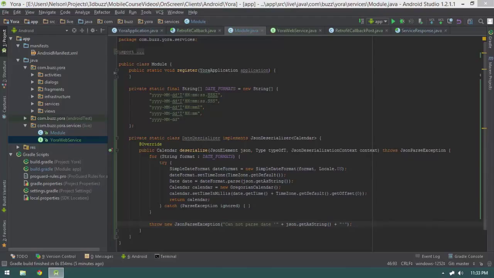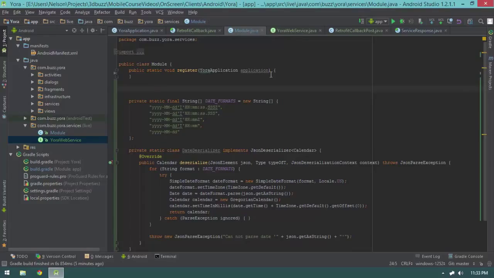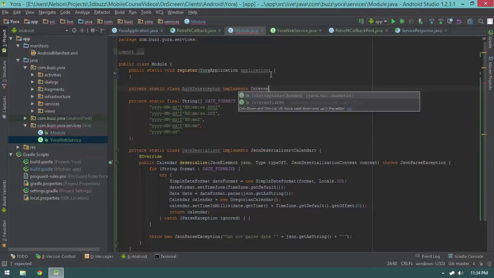All right, moving up. Now let's go ahead and write an interceptor. An interceptor is something that comes from OkHttp, and we're going to use this to send our auth token with every single request. So I'm going to create a private static class AuthInterceptor that implements Interceptor,